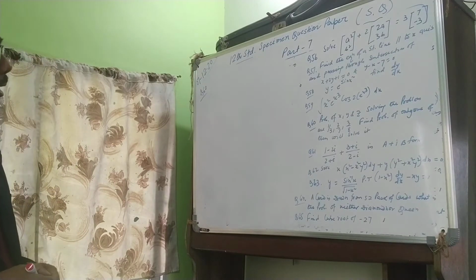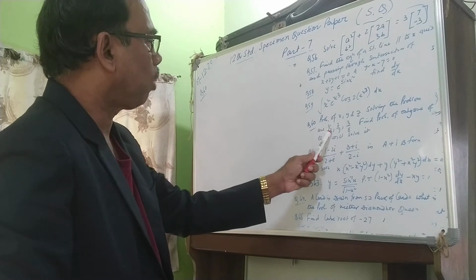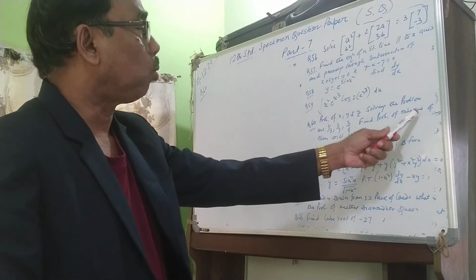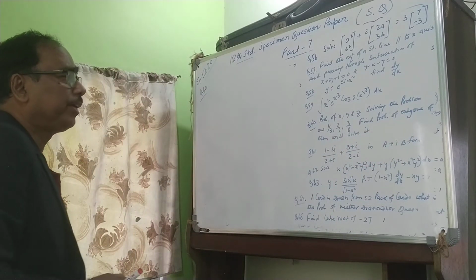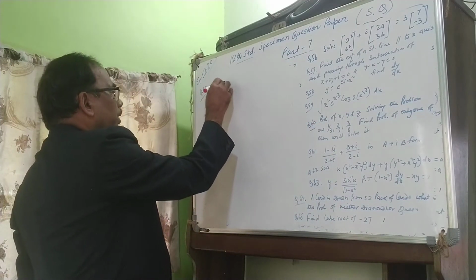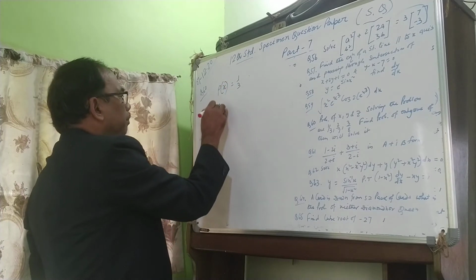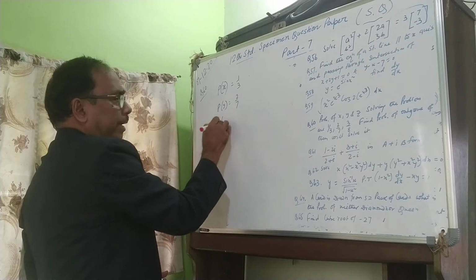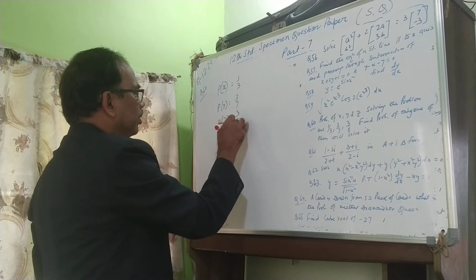Here, the probabilities of x, y, z solving the problem are 1/3, 2/7 and 3/8. Find the probability that only one of them will solve it. Let X be the event of x solving this. P(x) equals 1/3, P(y) equals 2/7, and P(z), the probability of z solving the problem, is 3/8.